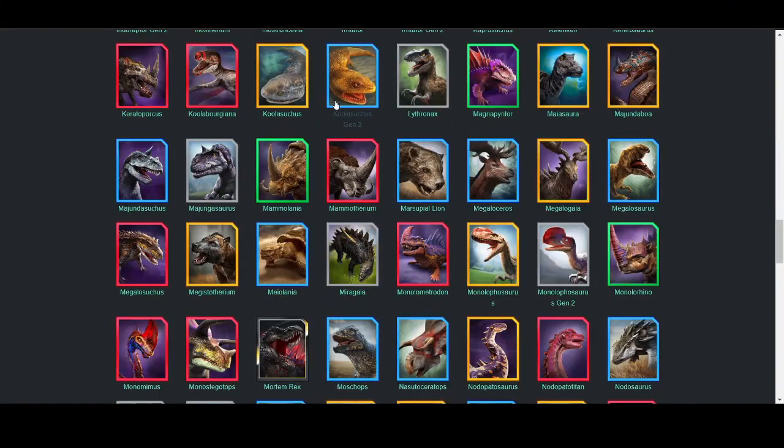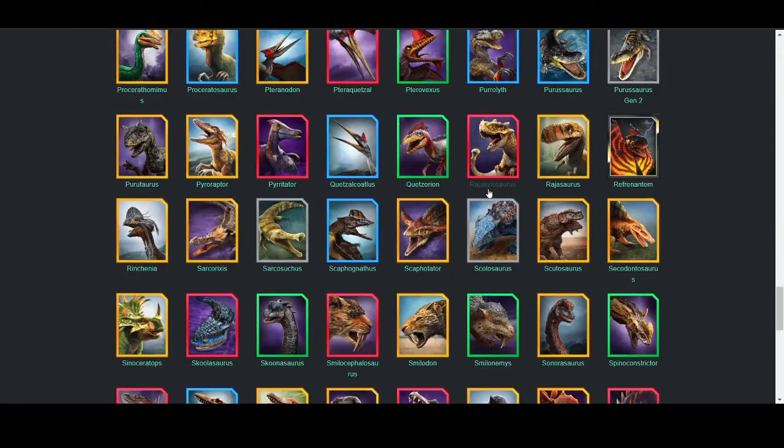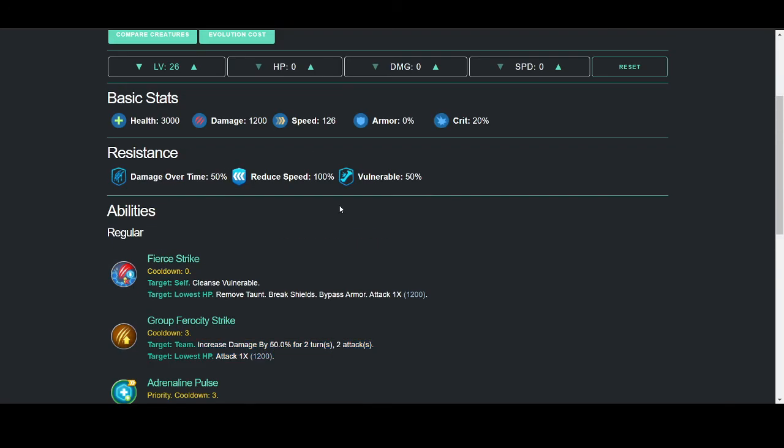I would tie this with Miragaia and Lithonax for being the strongest in this tier. Postosuchus is also another rare that used to be awesome and is now terrible. Like, this thing used to have more health, it used to have a lot of damage, it had Ferocious Impact. This thing used to have the highest turn 1 in the game, which was impressive. Now it sucks. Its one good thing is that it's 126 and can't be slowed down, and it also has